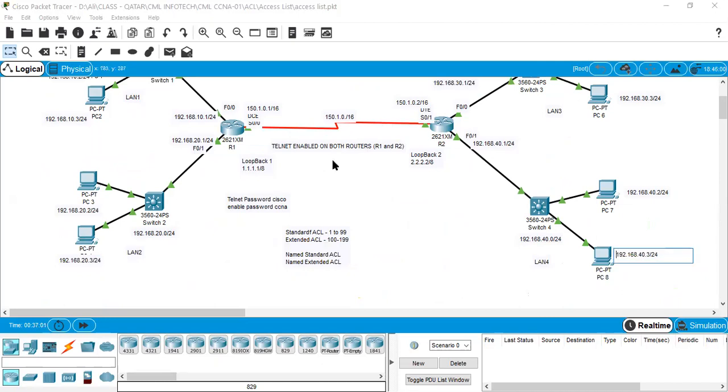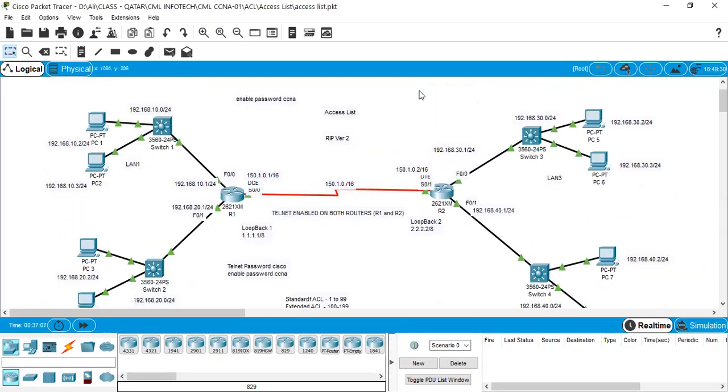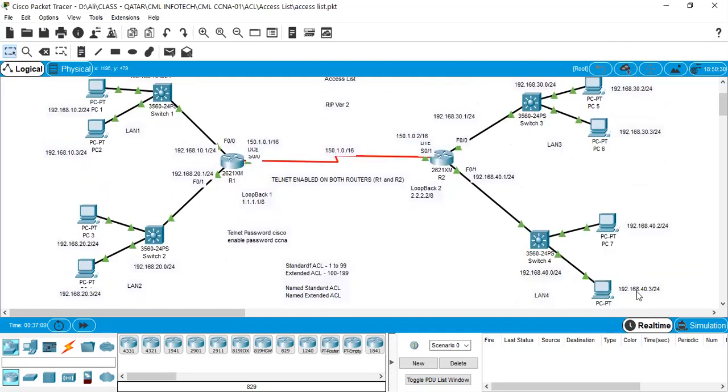Do not apply it anywhere else. That is the best practice. Similarly, if your 40.3 needs to be denied traffic towards 20.2, apply it here on 20.1, closest to your destination.